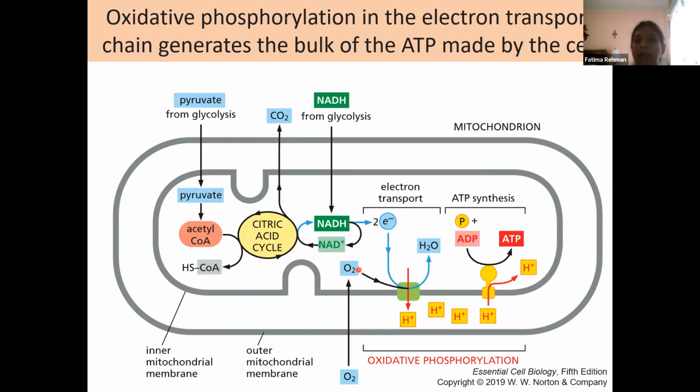So let's look at that oxidative phosphorylation. The oxidative phosphorylation is linked with your electron transport chain. The first part that happens is the initial oxidation through the citric acid cycle and movement into that electron transport chain. This requires oxygen to be utilized by the cell in a very large quantity. So in the first part, you have your pyruvate molecules that are converted to acetyl CoA. In the process, you have your NADH from glycolysis that is